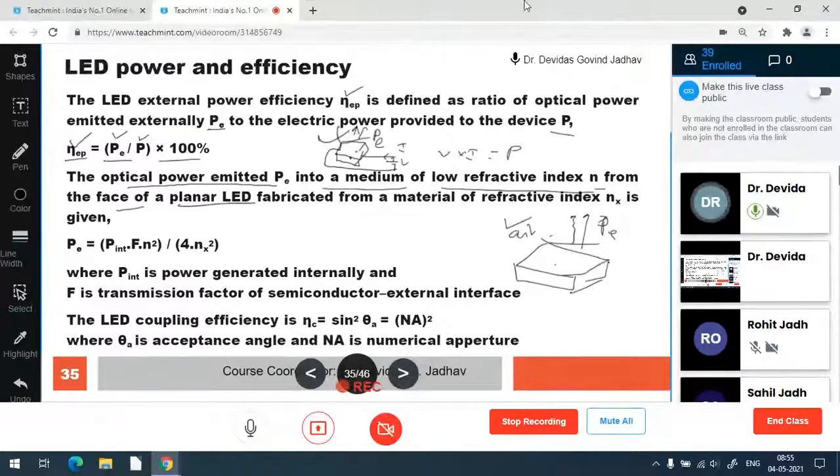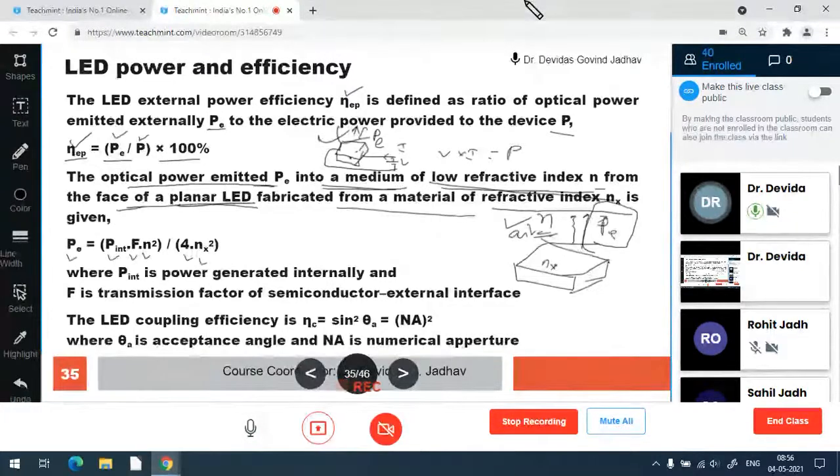The crystal is a semiconductor material, so its refractive index is n x and the external material refractive index is n. Then the power emitted, P e, fabricated from material of refractive index n x, is given as P e equal to P internal into F into n square divided by 4 n x square,